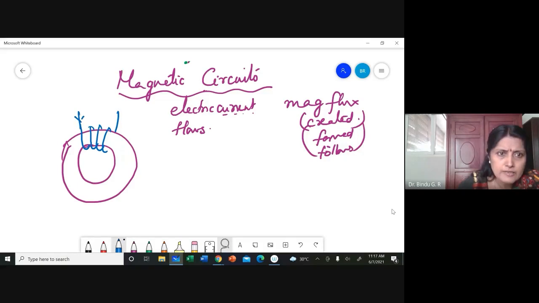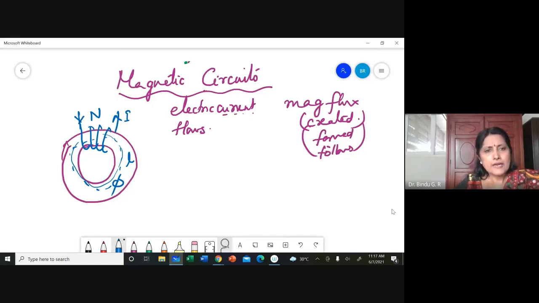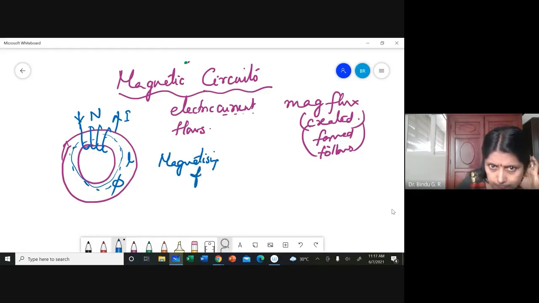And passing current through this, say current I. There are n turns in this ring, as a result of which a flux will be formed here, flux phi, which I usually denote by flux phi, and let the mean length of the flux path be L. Then I say that the magnetizing force